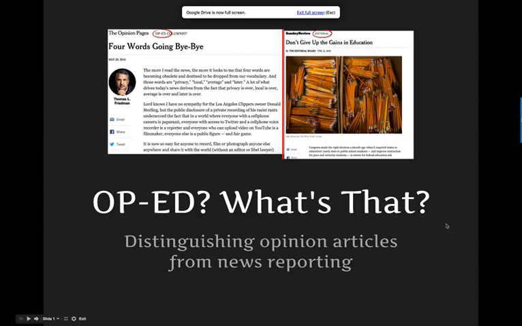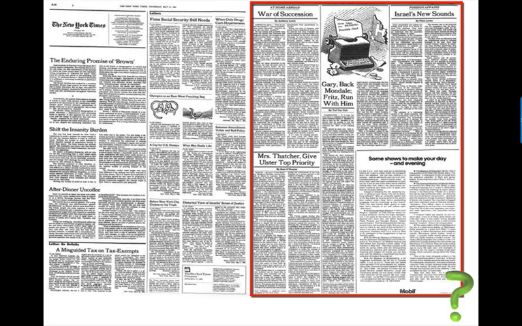So you've been asked to write an op-ed piece, but you may not be exactly sure what that is. So I'm just going to go through a couple of pointers. Op-ed got its name because of its position in a physical print newspaper. It is typically opposite the editorial, which is where it gets its name. Now, people will argue with you, but that is how it got its name.